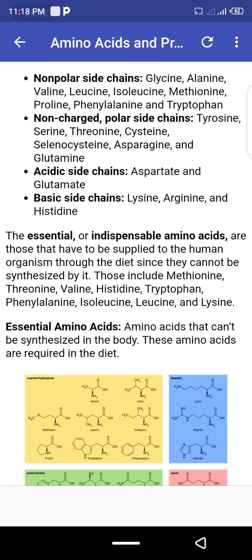since they cannot be synthesized by it. Those include